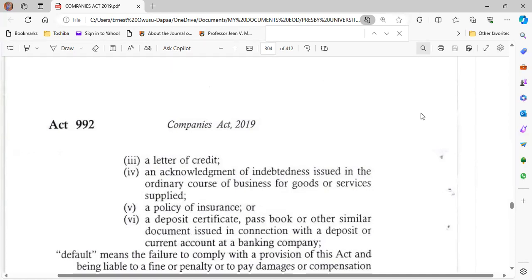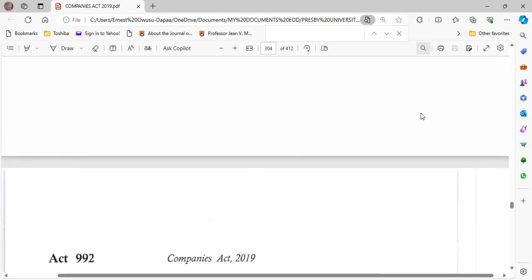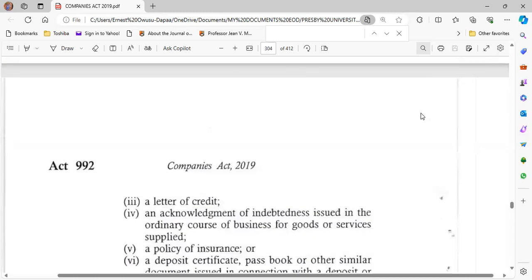So let's keep that in mind. And then just before we move on to (V) and the rest, let me remind you of the (I): bill of exchange, promissory note, letters of credit, LC. Now, these are debt instruments which are specially regulated. So we have like the Bill of Exchange Act, which governs all these various negotiable instruments. So they have their own separate legal regime. And that is why, for purposes of corporate finance, they are not treated as debentures.